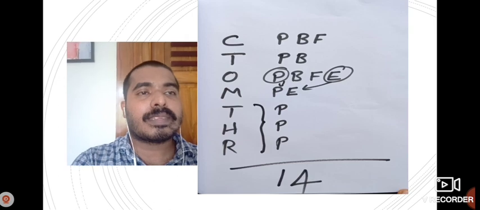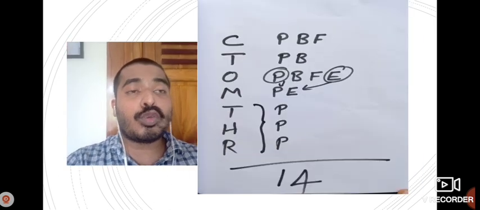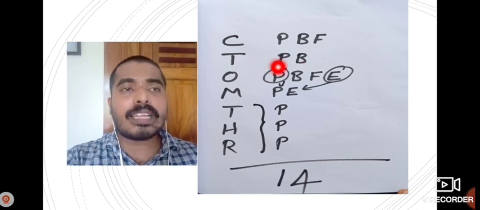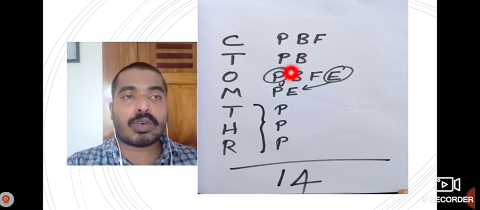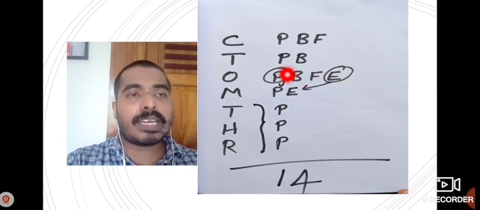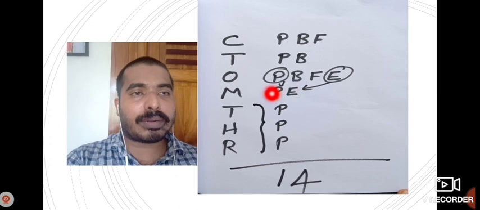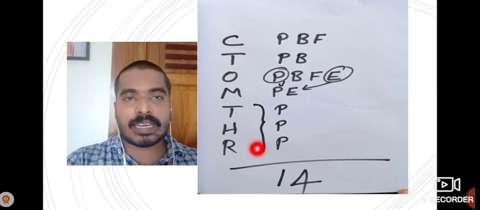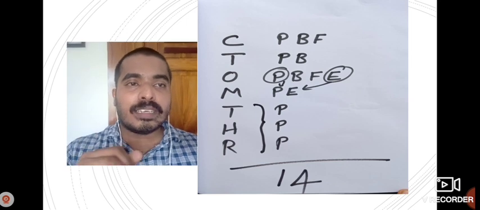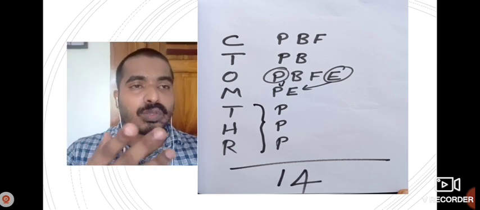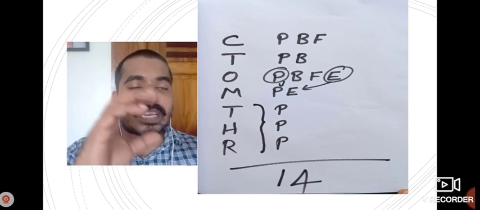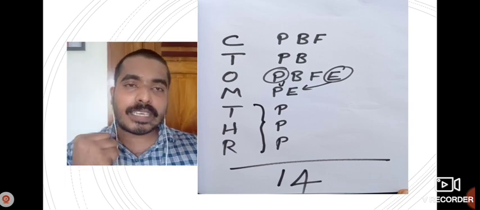Next is variations. Cubic contains primitive, body centered, face centered. Tetragonal contains primitive and body centered. Orthorhombic contains primitive, body centered, face centered, end centered. Monoclinic contains primitive and end centered. Teacher means what? Triclinic, hexagonal, rhombohedral. These three have primitive only. So in total there are 14 types of unit cells present in Bravais lattice.